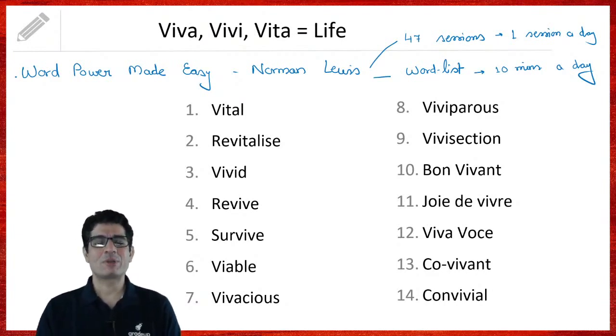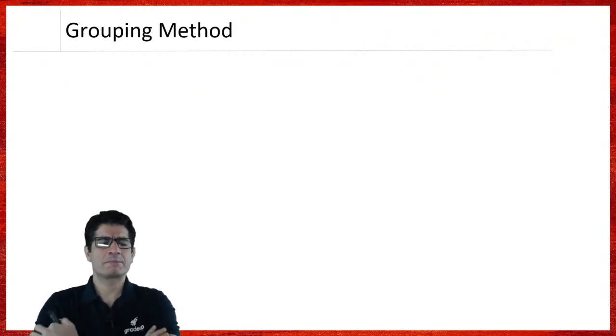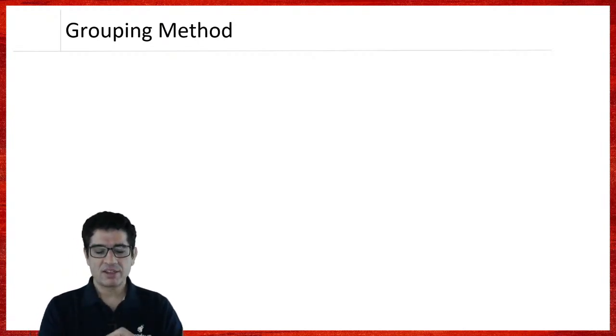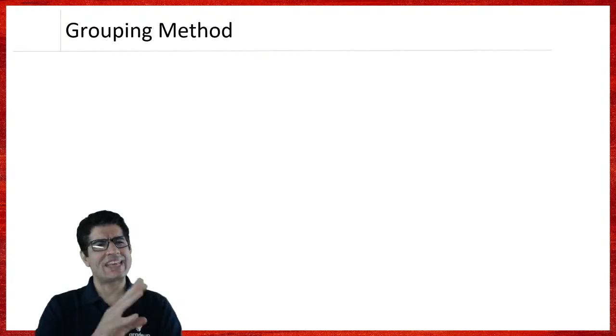And that is where people suggest alternate approaches. Approaches like grouping method or clustering method. It says that root word approach works because you are learning words in a group, and that group is built around a root. But it is not necessary for you to build a group around a root. You can build a group around any theme, isn't it? For example, I always emphasize that we must work on our communication skills.